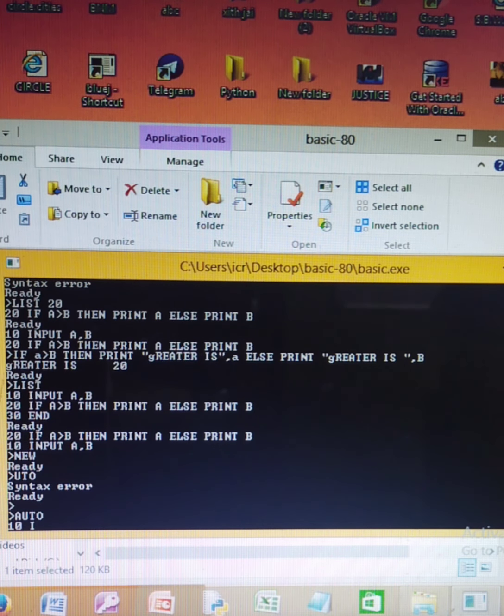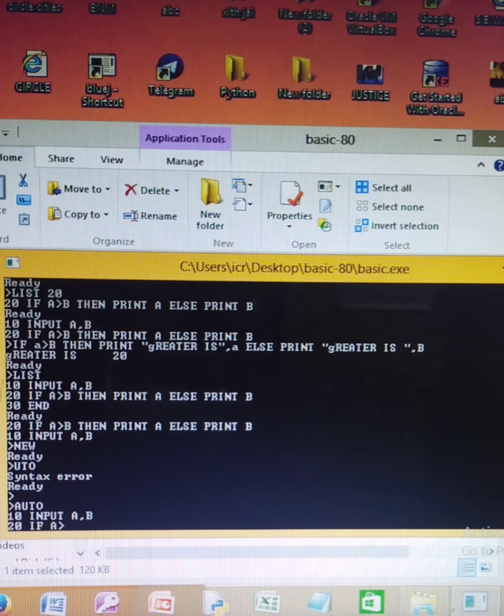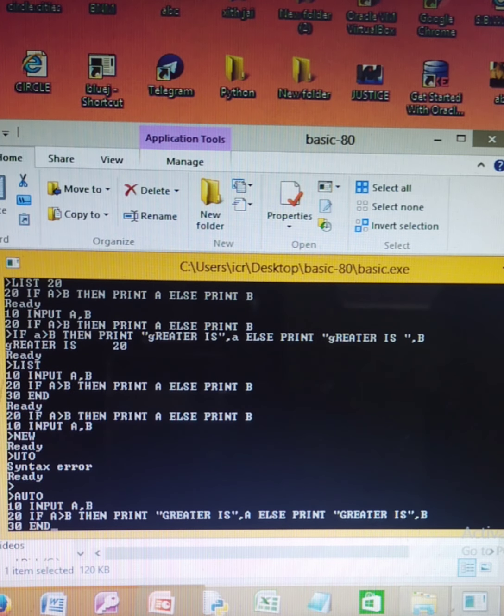So in AUTO I am taking here INPUT A comma B. If A greater than B, then print "greater is", A. Else print "greater is", B, and then END.